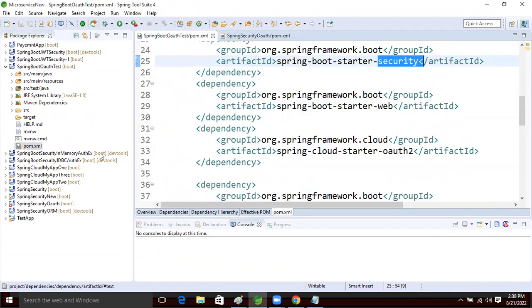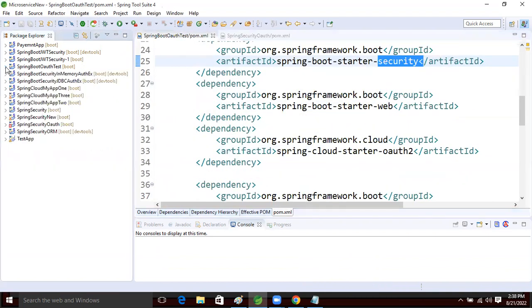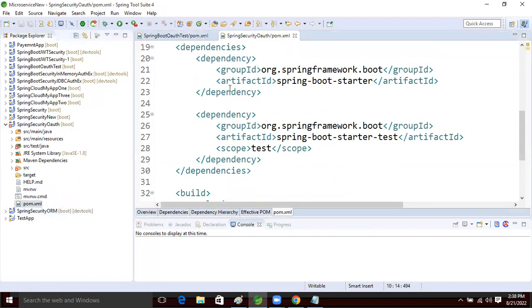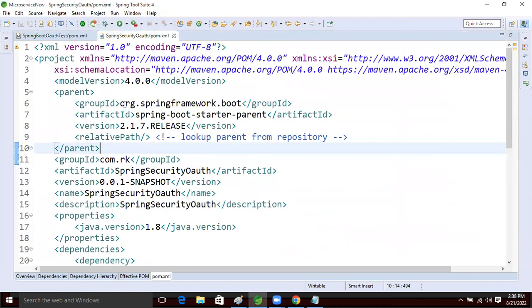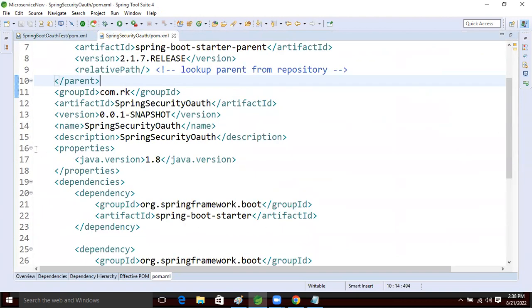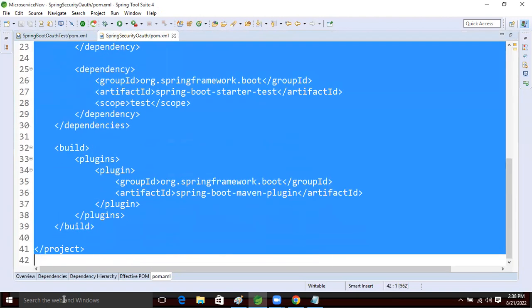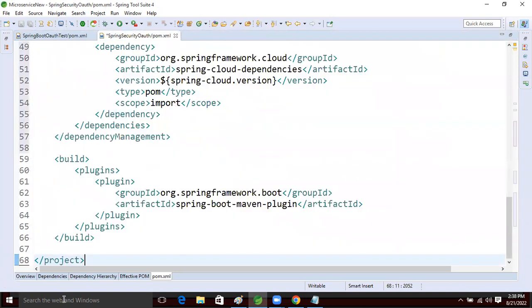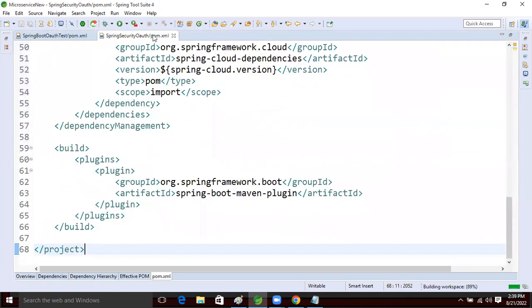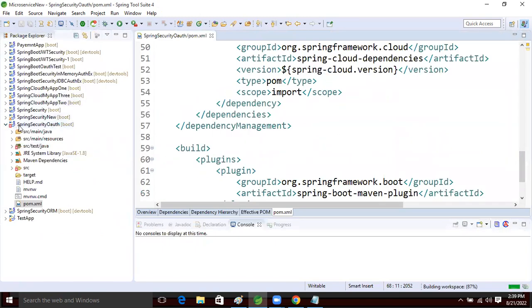So come into our application and open that one. From line number 16 down, just replace everything. That's it. Okay. So our required dependencies are there in our pom.xml. Okay, fine now. So what we need to do, right click,